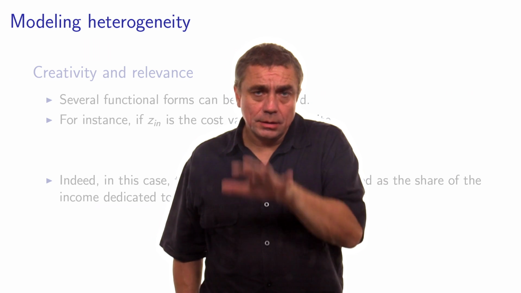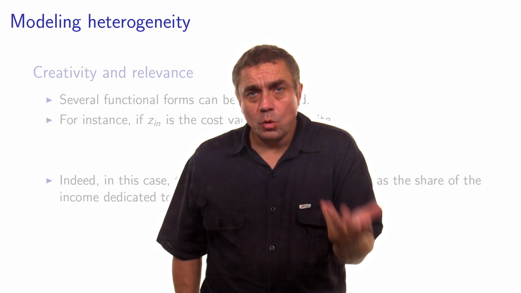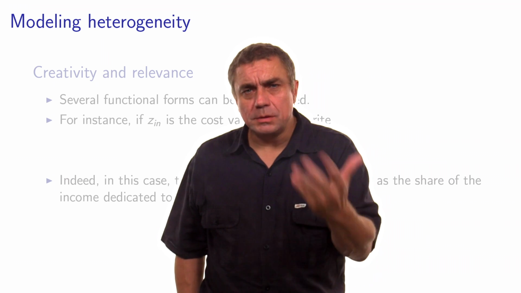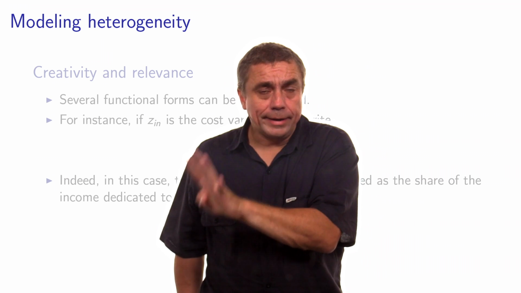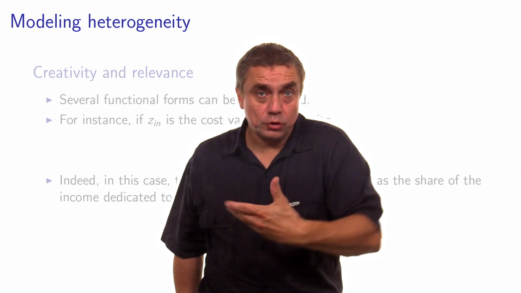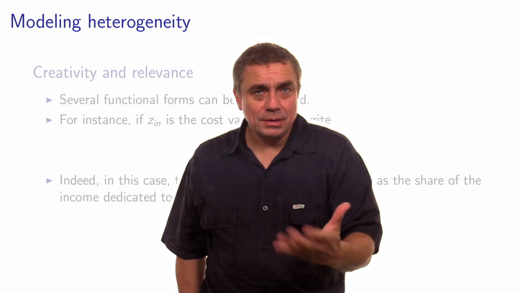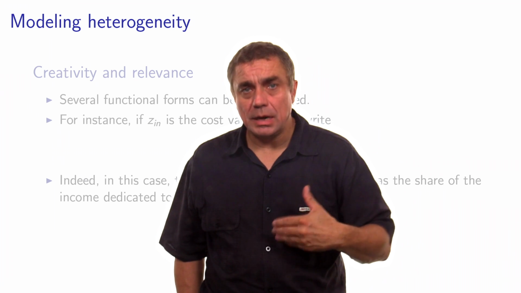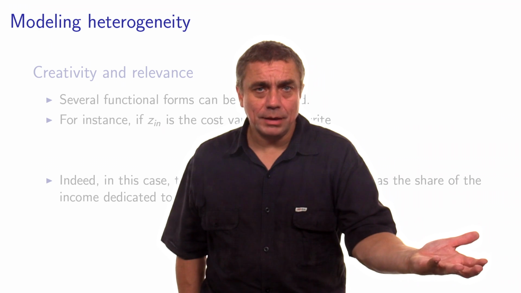Interactions can be done with any variable. Okay, you can interact socioeconomic characteristic with any variable, but you can also interact them with the alternative specific constants. So if you remember, the alternative specific constants capture the mean of the error term. And by assumption in the logit model, they should be the same across n because of the IID assumption. But still, we would like to model the fact that they may be different across individuals, and we will use the same trick as for the interaction with normal variables.